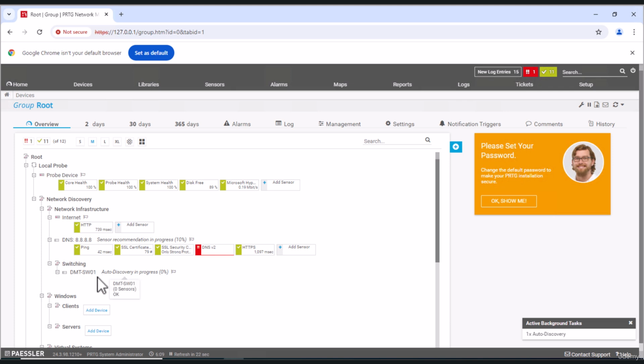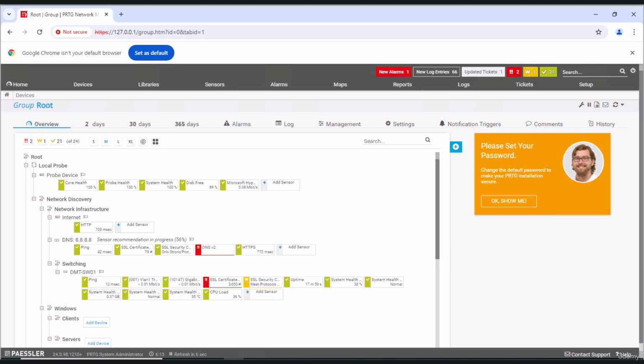Now, what I could have done is gone and added everything manually, and we'll probably do that in a later lecture. I'll show you how to add sensors manually, but for now, we'll run the auto discovery. It's going to check to make sure that switch is accessible via the SNMP settings we've configured and start picking up the sensors. Alright, we are back, and as we can see, DMT switch 01 has already gone out and